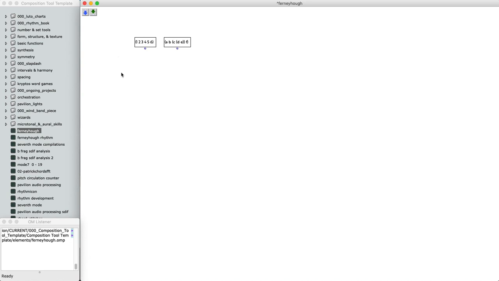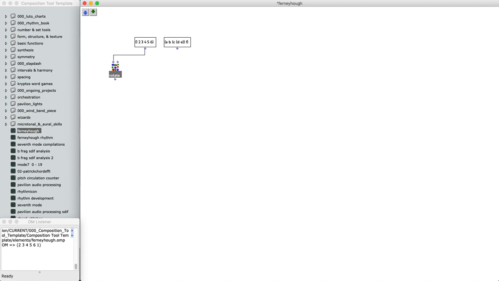So I'm going to make this object here, and it's very helpfully called rotate. And I'll just quickly demonstrate what this is going to do to the list. If you look down here in the listener, we've of course rotated forward in the list by one place, and that's all well and good. What we'll want to be able to do though is come up with rotations starting on 3, 4, 5, and 6 as well. So what I'll do is I'll click here,